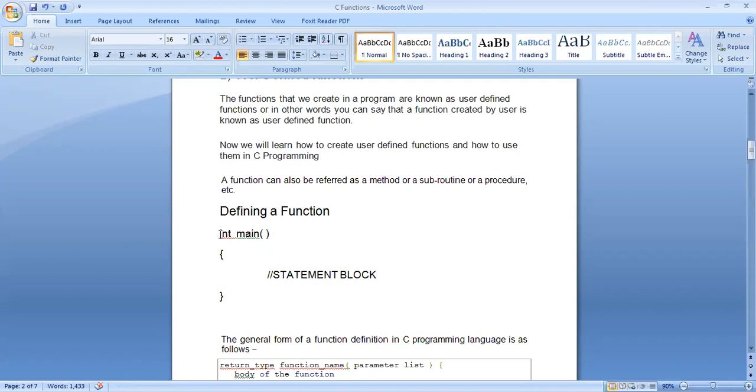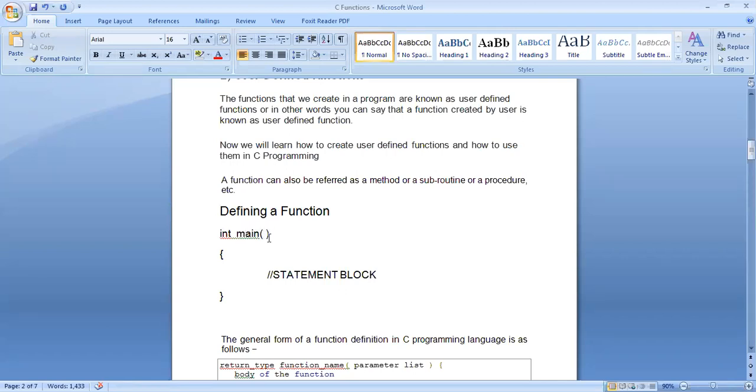So here we have a return type. Return type determines the type of value that will be returned after this function is over. Followed by that we have the function name. It's important that you have a function name, otherwise how will you call the function? So it is important that you have a function name to be able to call the function, to execute it.